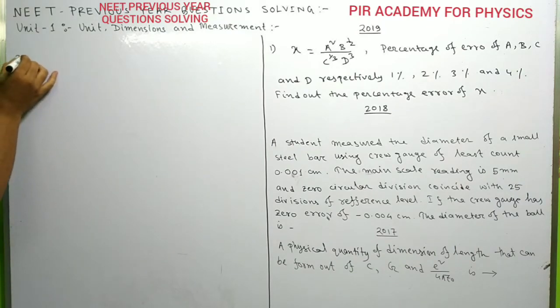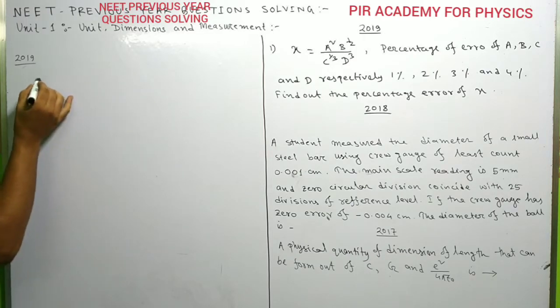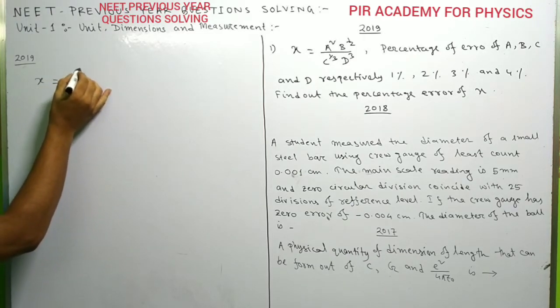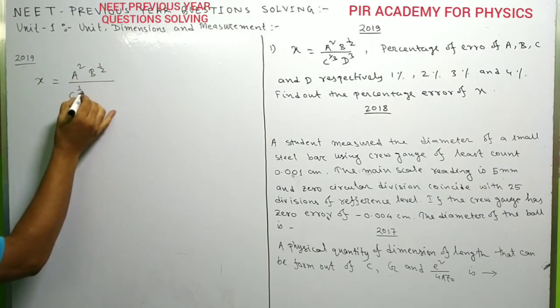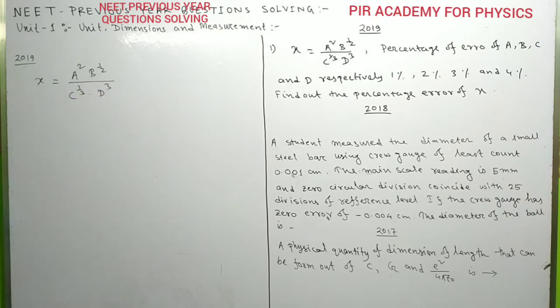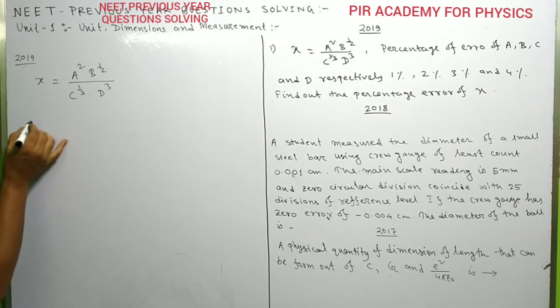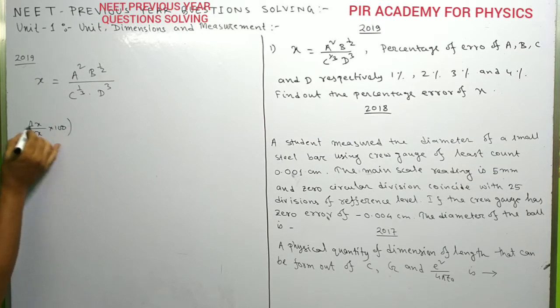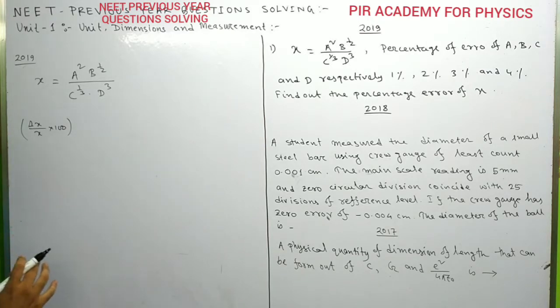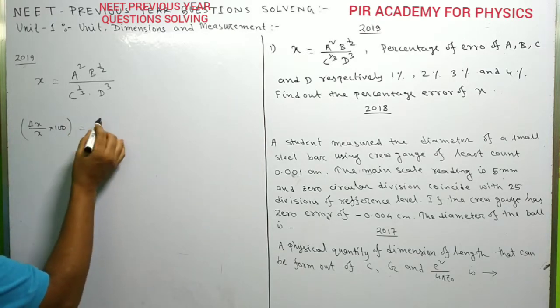So here is 2019. This is unit number 1, units, dimensions and measurement. Here X is related as A squared, B to the power half and C to the power 1/3 into D cubed. This is the relation between X, A, B, C, D. Now delta X by X into 100 is the percentage error of X, which can be expressed as